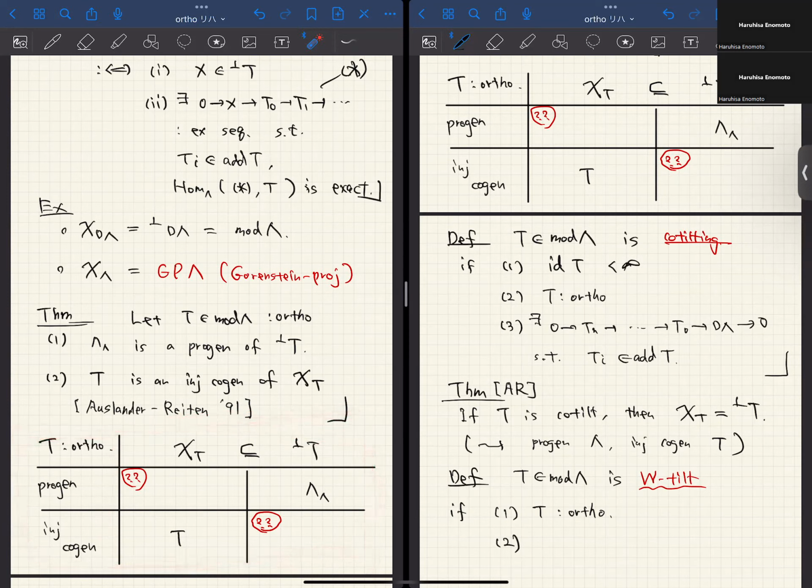So we want this to be lambda and this to be T. And a Wakamatsu tilting module is one such that this is lambda. So the simplest definition is that lambda belongs to X_T,